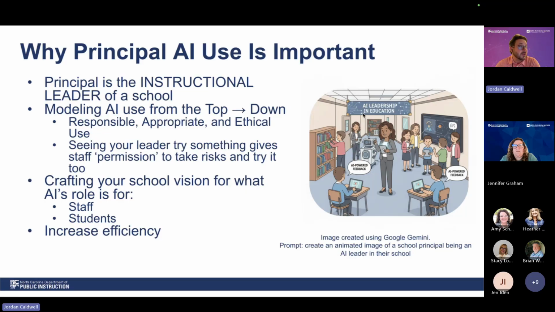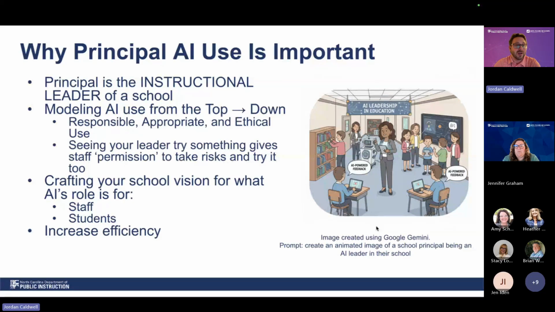AI usage. And so we have an obligation as principals to model what appropriate, responsible, and ethical use of AI looks like for our staff. That can be something very simple, and we can do that in a very easy way. If you're using AI generated images in any of your content that you're presenting in staff meetings or sharing out with staff, giving a little disclaimer like you see in this image, underneath this image, showing that it's AI generated and showing how it was used. That is a very simple way to model for staff at a very basic level, responsible transparency related to AI